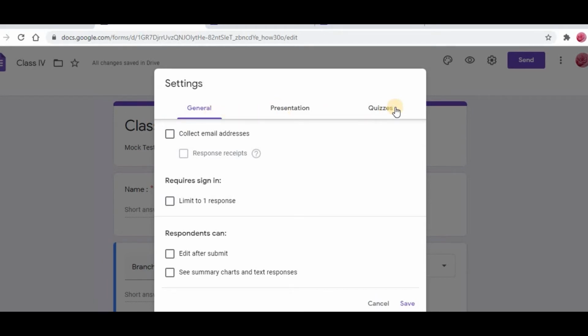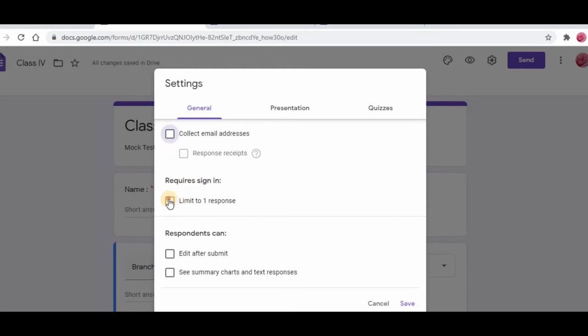These are the three options you are getting here. So for now we are not going to see any other quiz, right? Here it is showing very clearly, collect email address. If you want to send only through email, you can touch this button. This is nothing but a checkbox, otherwise no need.